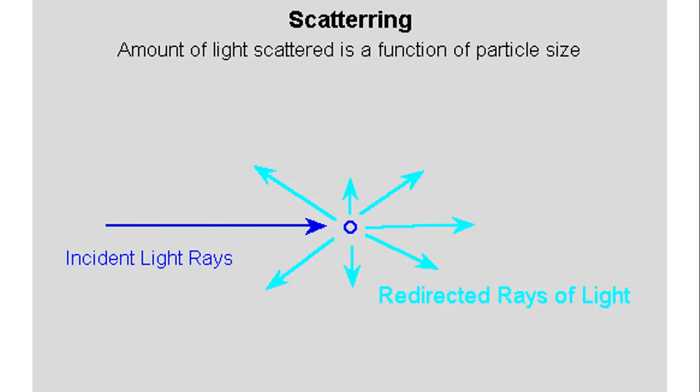Now when light strikes an object's surface, photons, as we learned, that are particles of light, bounce off at random angles. They don't just bounce off at the same angle. They bounce off at different angles, and this is called scattering. We see objects because light has scattered off them and entered our eyes. Because these particles do not bounce off at the same angle, instead they scatter at different angles,